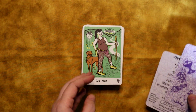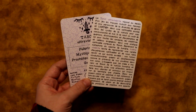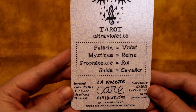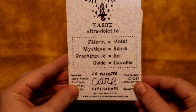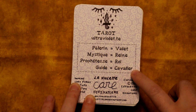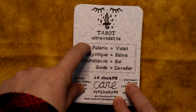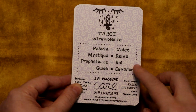So before we get into the deck, I'll share that it comes with 2 extra cards here. And I can zoom in a little bit. So we have first an explanation of the changed names of the court cards specifically. These would be on the right hand side here, the French titles of the traditional names. So we have Page, Queen, King, and Knight here on the right hand side, and then here we have the names that LaViolette has chosen to represent those in this deck. And so Pèlerin, this is like a pilgrim, mystic, a prophet, and guide. So those are the equivalents in this deck,